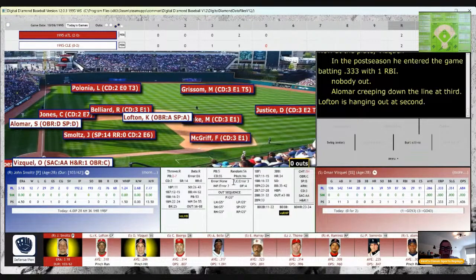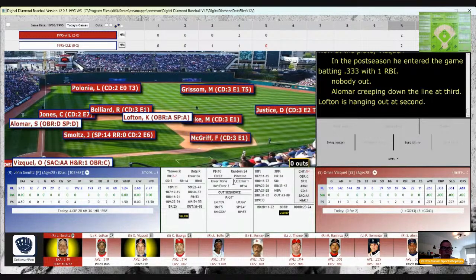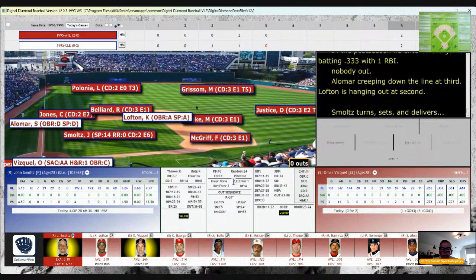That is on Smoltz's card. Roll 76 is an out. It is in. It's just a pop-up to third. So just what he ordered. No advancement of anybody on base. And he gets the out.